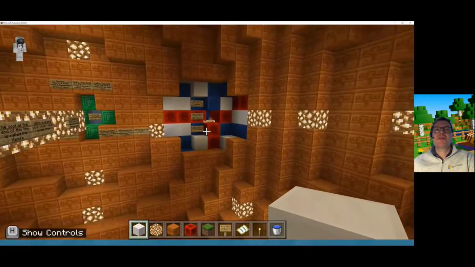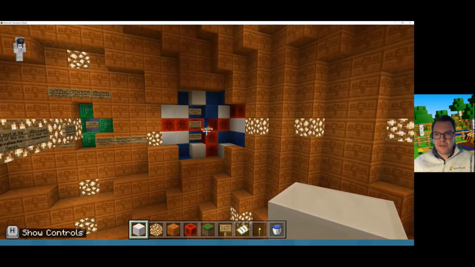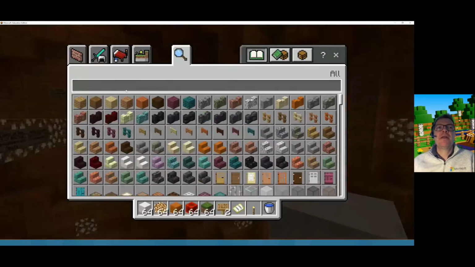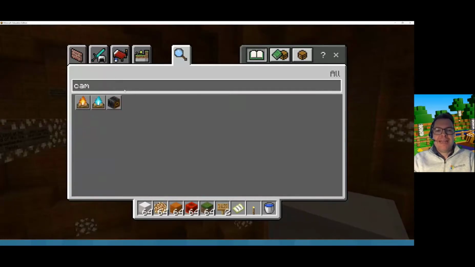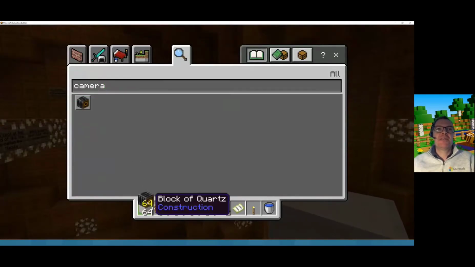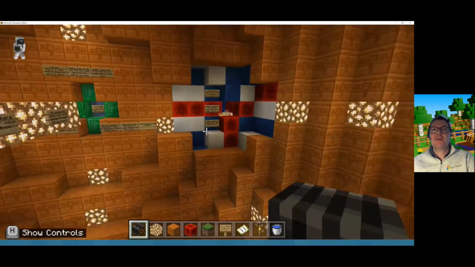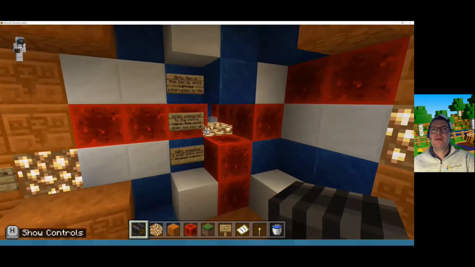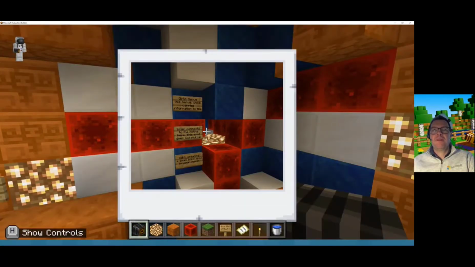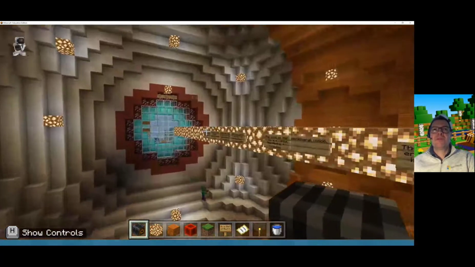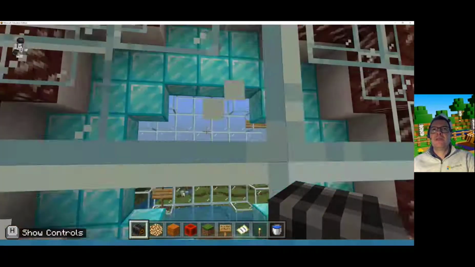Built into Minecraft, I mentioned there are some specific features that you can only find in the education version of Minecraft. So if I press the letter E to bring up my inventory, one of those is the camera. The nice thing with the camera is the children can use it to take photos of everything they find. So we can take a photo of the optic nerve, like so, and we can take a photo of the